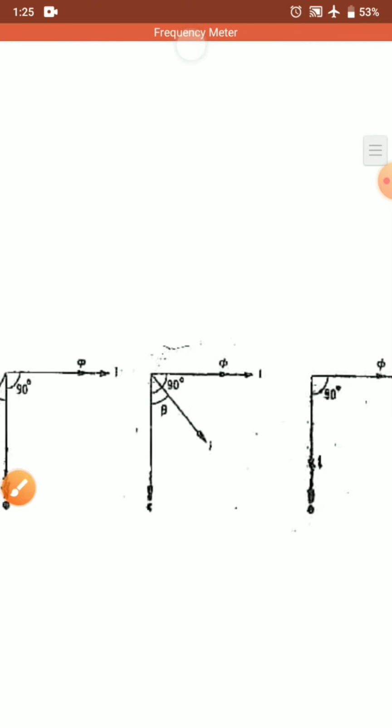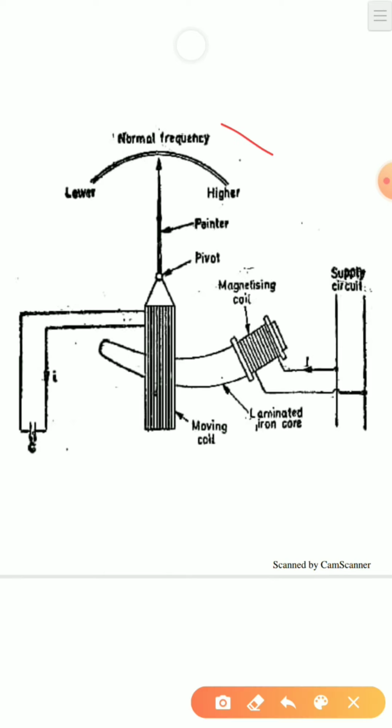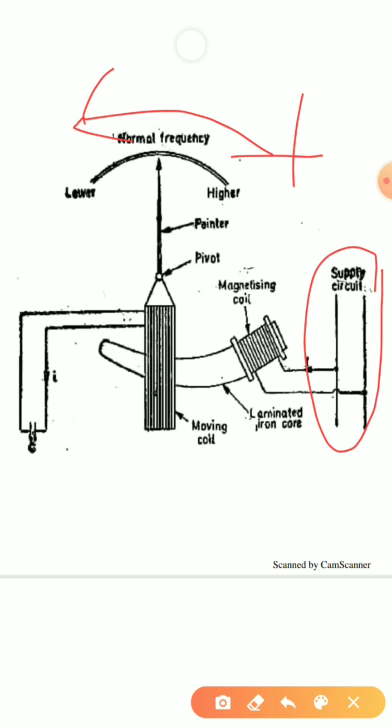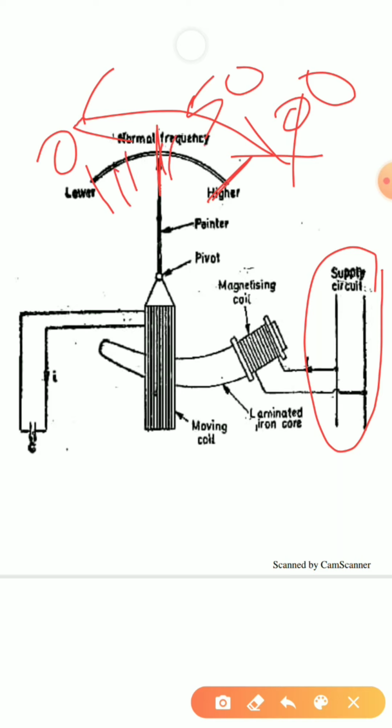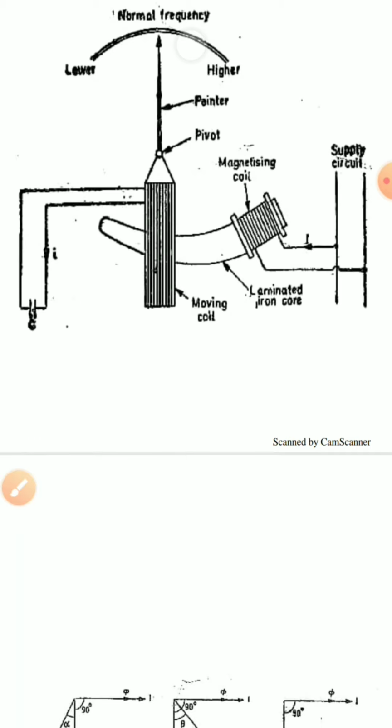So these are the three different conditions that are possible, and based on these three conditions we can easily make out the frequency by calibrating a scale. What we will do is, previously known quantities will be given here, and based on this we'll mark. For example, for one quantity I am giving, I get the frequency to be 50, so I'll mark the pointer here as 50. Another supply I'll give, and I see that it is 100 that I am getting here, I am getting 0, and some markings I'll be doing in between. I'll calibrate the scale, and based on the calibration from known quantities, I can easily determine any unknown quantity by using the ferrodynamic type frequency meter.